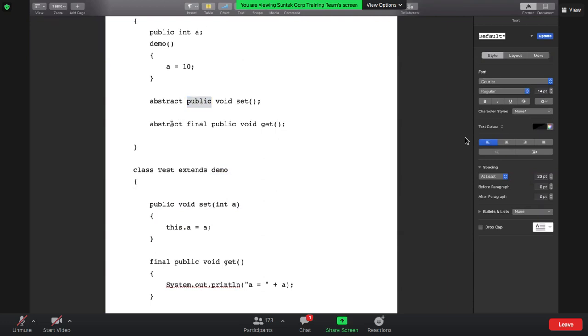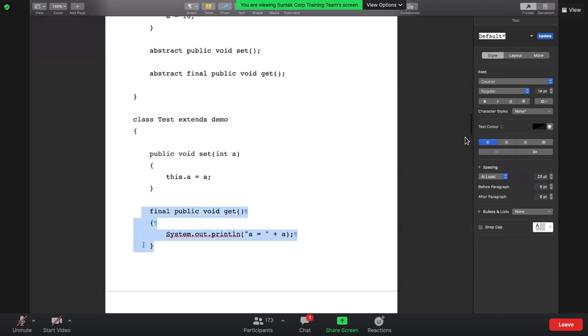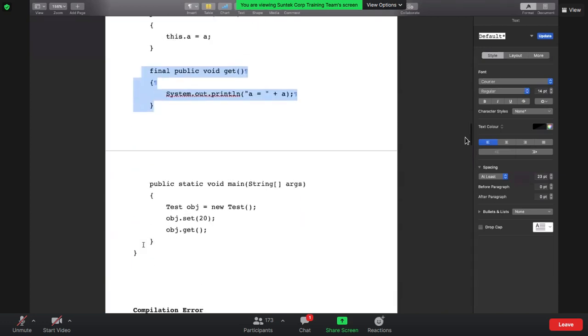But when the call comes to the final public void get method, we need to override this as well because this is a property of an abstract class. But abstract methods cannot be final. Otherwise, because final methods cannot be overridden, we are trying to override the function, which will throw an exception saying that final methods cannot be overridden.